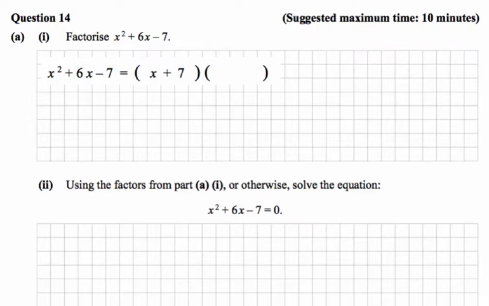So question 14 from the 2016 Junior Cert Ordinary Level, paper 1. Part A1 says factorise x squared plus 6x minus 7. And they've given you the first factor. So if we use the grid method,